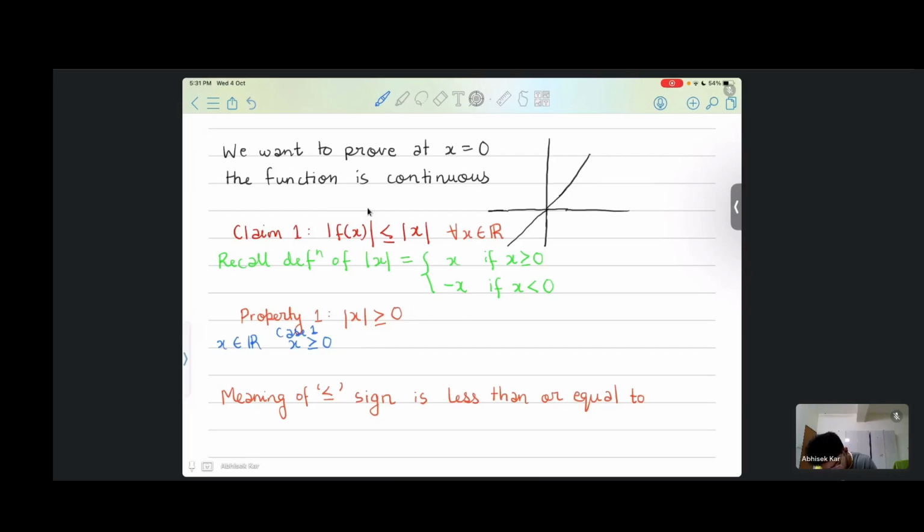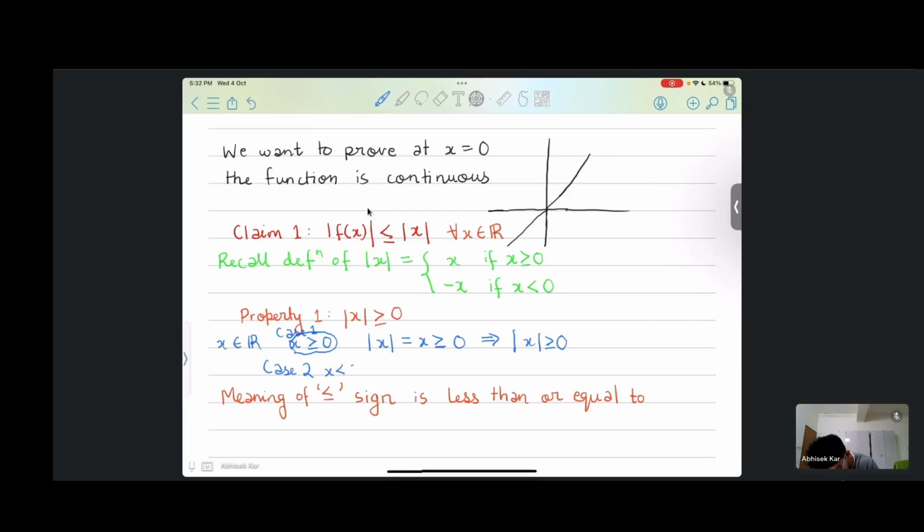Then mod x will be x only, and x is greater than or equal to 0. So mod x is greater than or equal to 0. Now case 2,